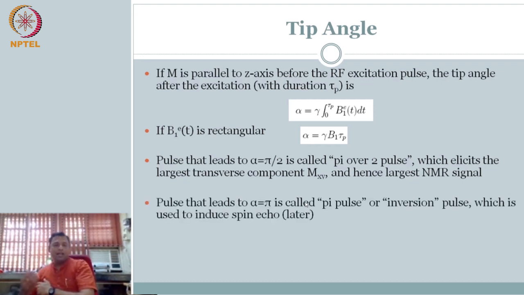So naturally there can be other variations. If I apply it long enough, I could also make alpha become pi. What does that pi mean? I was here, 90 degrees is here, 180 degrees is going down. So that means it is an inversion pulse. Why would you want it to align in the z direction? We talked about the signal coming in the xy plane. If I push it to pi, which is an inversion pulse, it doesn't give me much. I need the signal to be on the floor plane, not perpendicular to it.